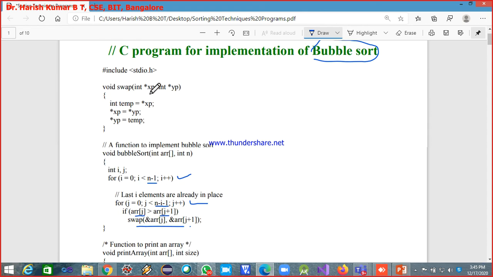So now since we are passing the address, I have the pointer. Say xp is the first element, so yp is the second element. Now what I'm doing: the first element I'm copying to temp, then the second element I'm copying to the first element, and the value of the first element, which is available inside temp, I'm copying to yp. Say for example, let me take the elements 5 and 3. This is the first element and this is the second element. So xp is this